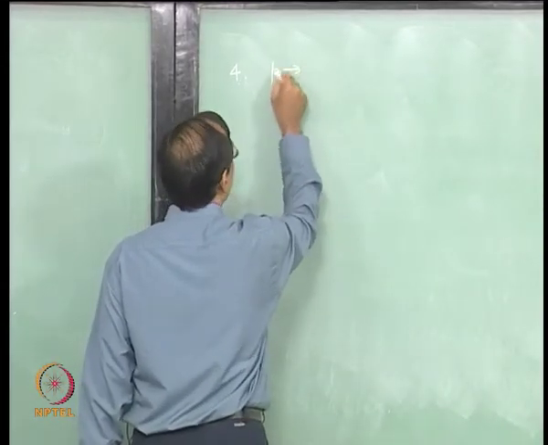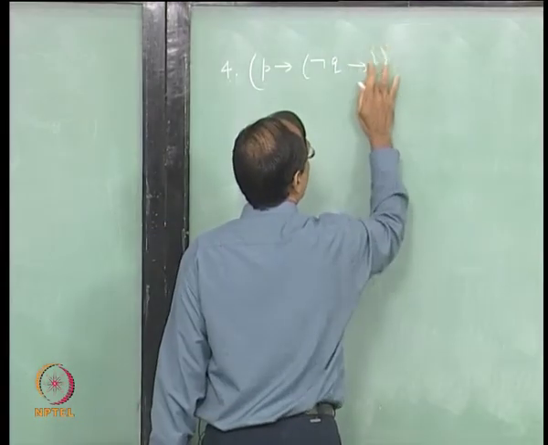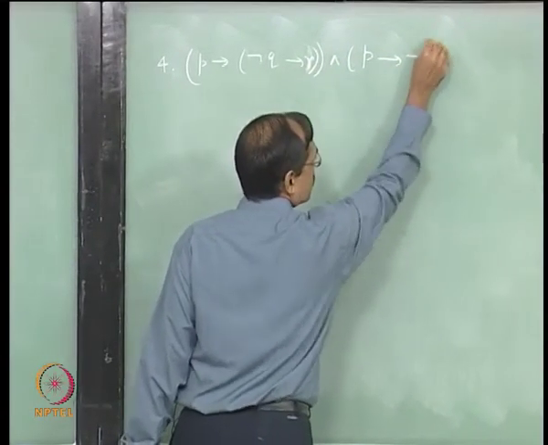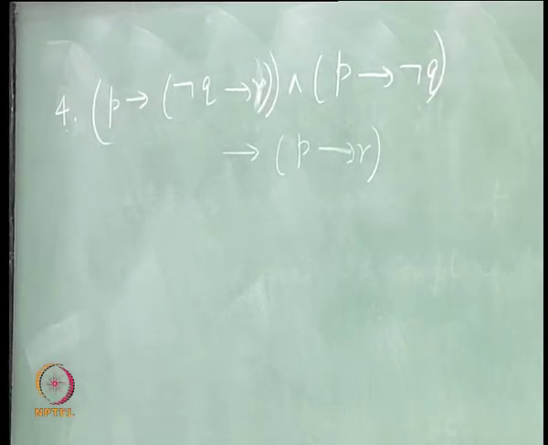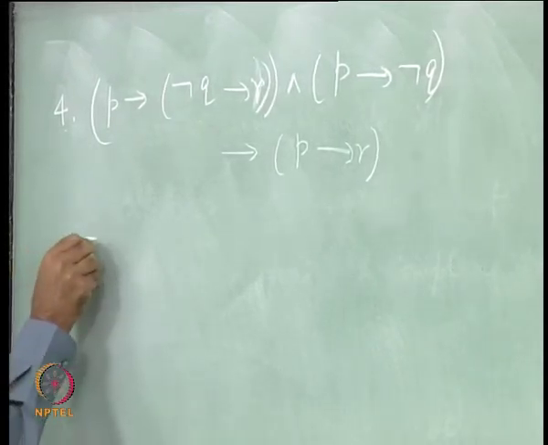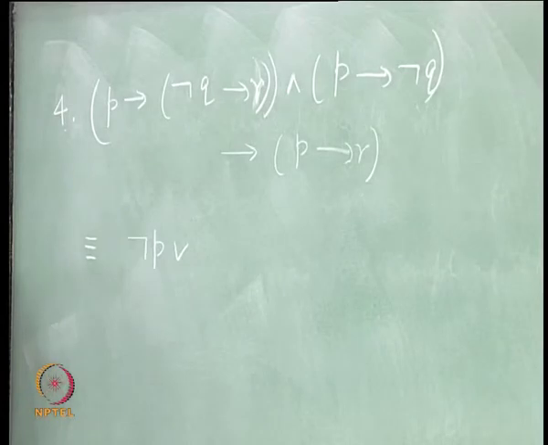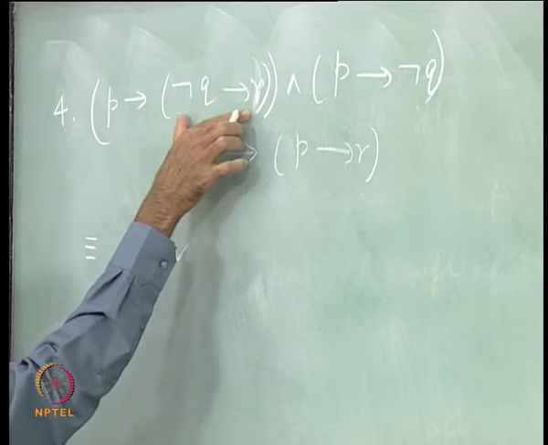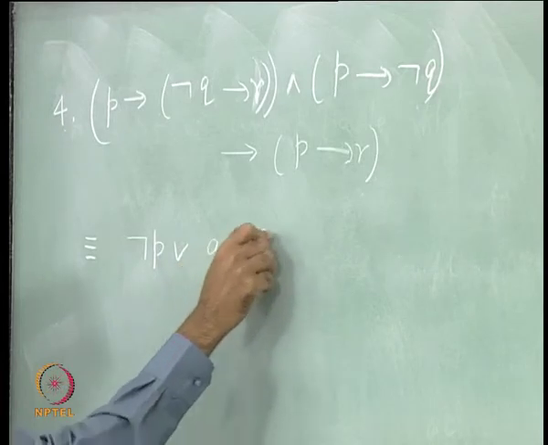So, again let us take one more, fourth one. This is (P implies (not Q implies R)) and (P implies not Q) implies (P implies R). So, start eliminating. This is equivalent to not P or, the first clause I am taking, the first proposition before this and. So, not P or this. So, that will be again not of not Q, which is Q or R,